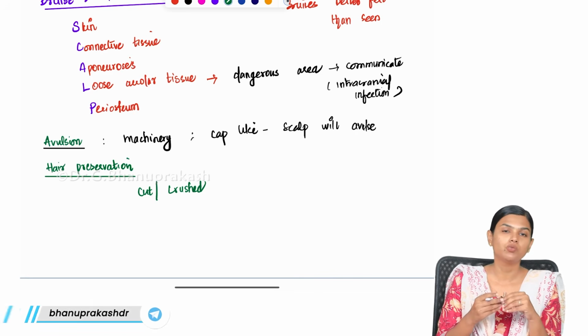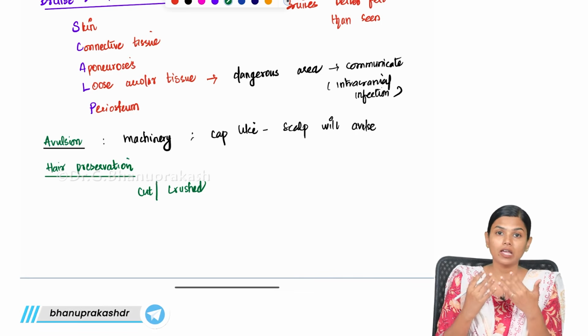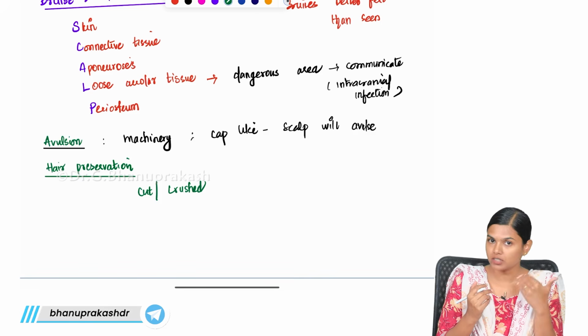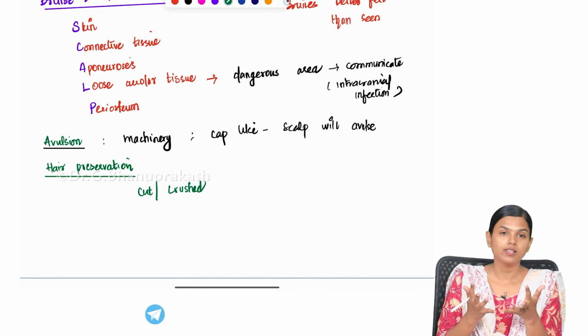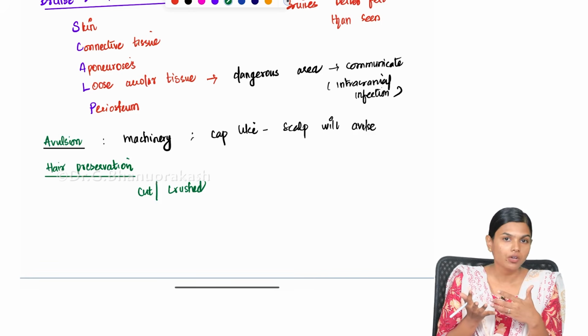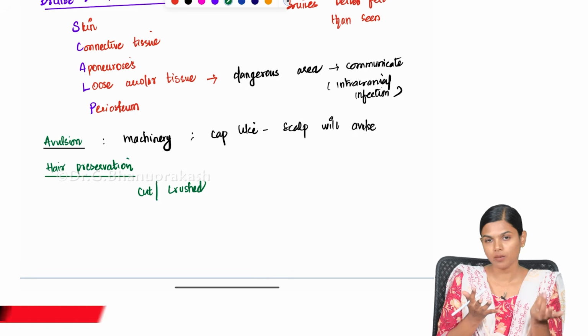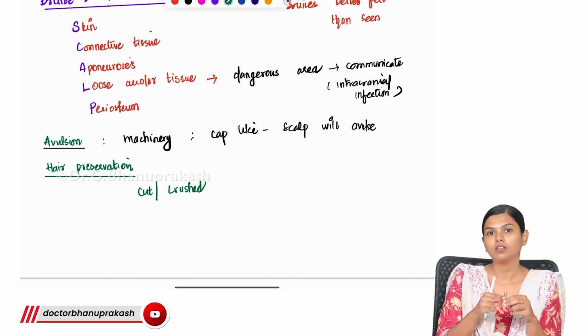This will become useful when you find an unknown body with a head injury. There may be some laceration over the scalp, and you can see inside there is a big fracture in the skull. Now you won't know the exact history. So whether this happened because of some accidental fall, or if someone did something suspicious like homicide, you won't be able to identify from the history.